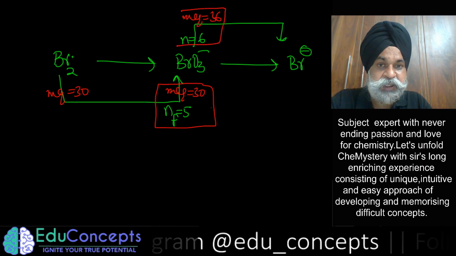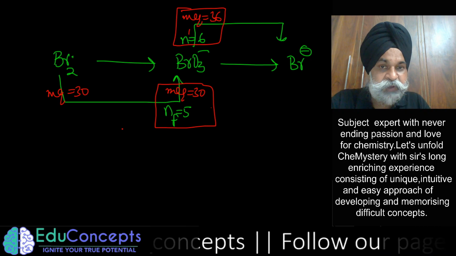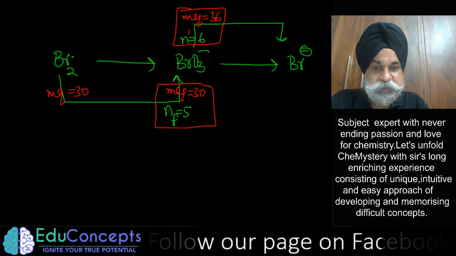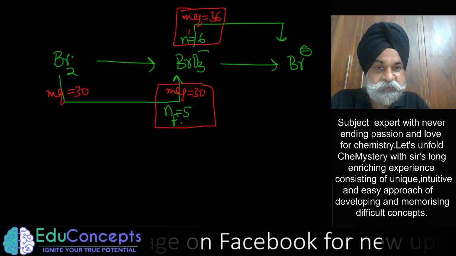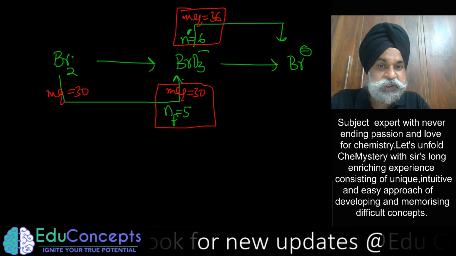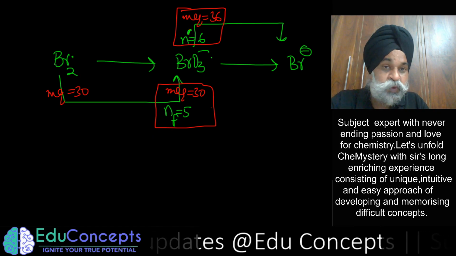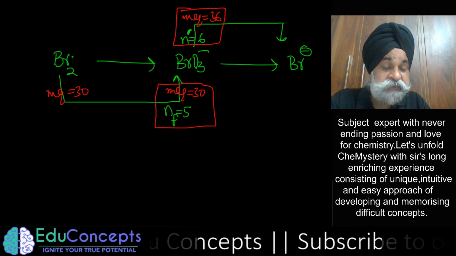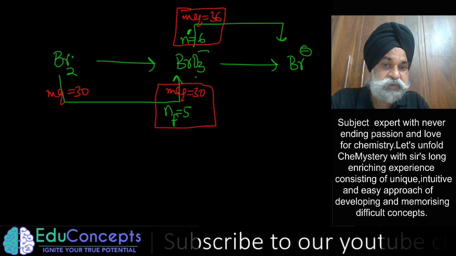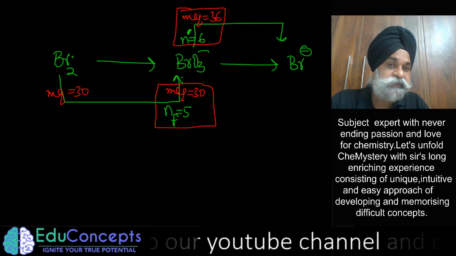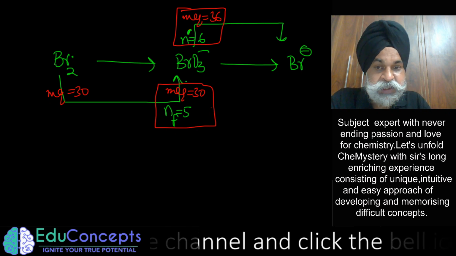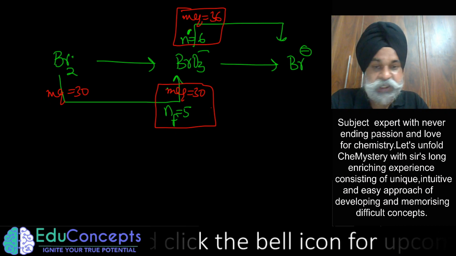That is very important. So make it a point, the one which is being formed, let me write it with NF, and this is NF dash. So n factor must be equal during a sequential reaction. The one which is being formed and further reacted should have the same n factor. So that is important while using the equivalent concept.